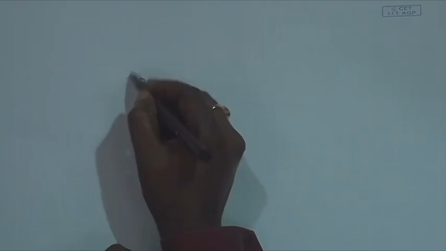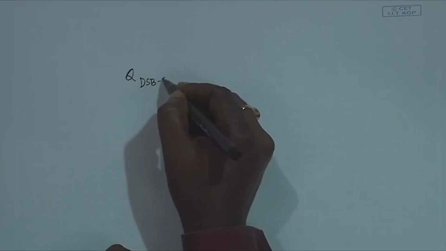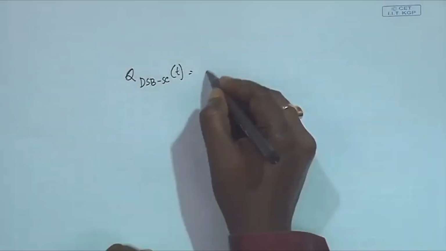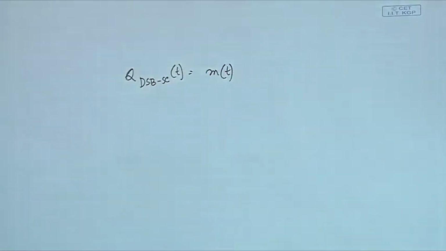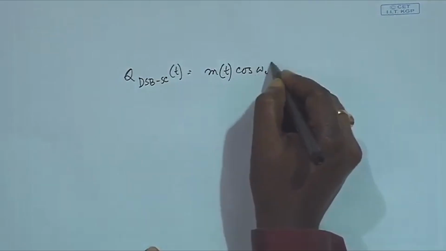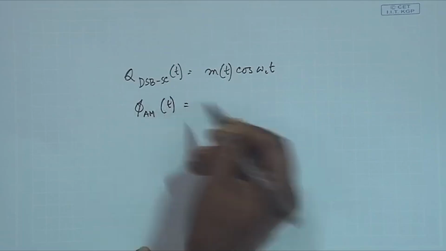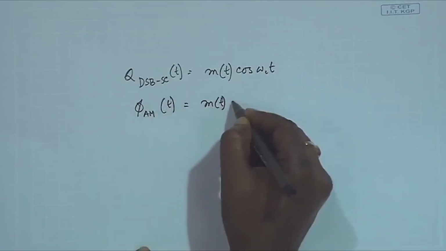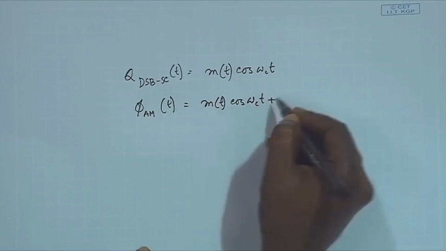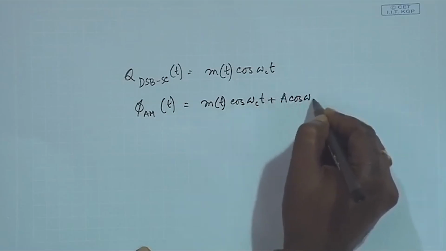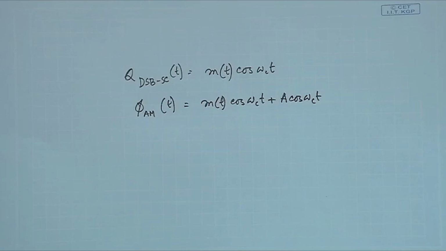But if on top of that you add carrier to it, then you get amplitude modulation. So the DSBSC, if I just write phi DSBSC(t), if my message signal or modulating signal is m(t) and carrier is cos omega ct, this is DSBSC, and amplitude modulation is nothing but the same thing, which is m(t) cos omega ct plus A cos omega ct. So that's the carrier part we add to the signal,